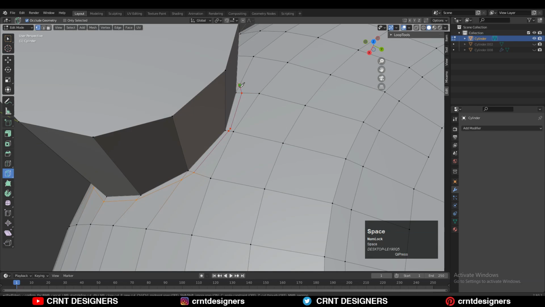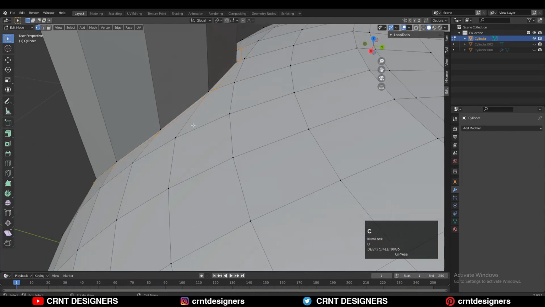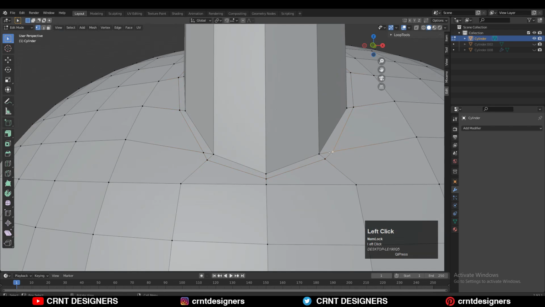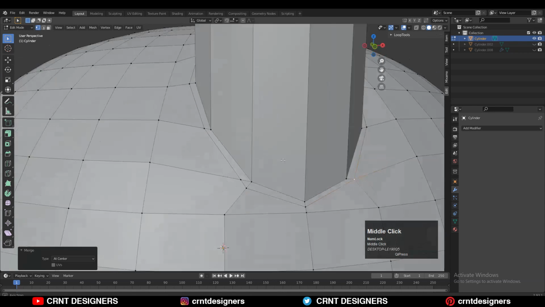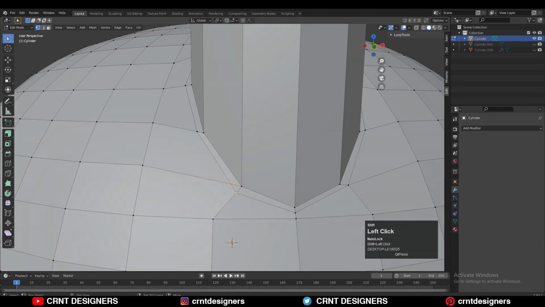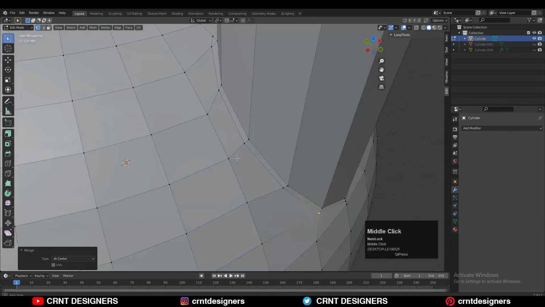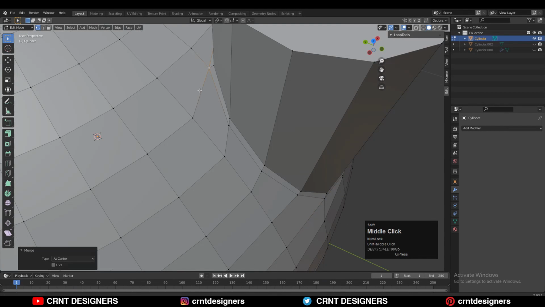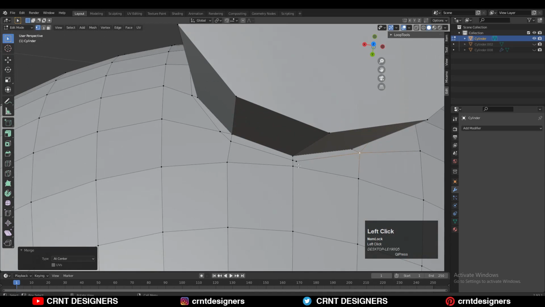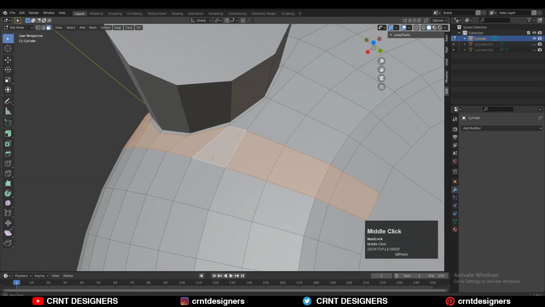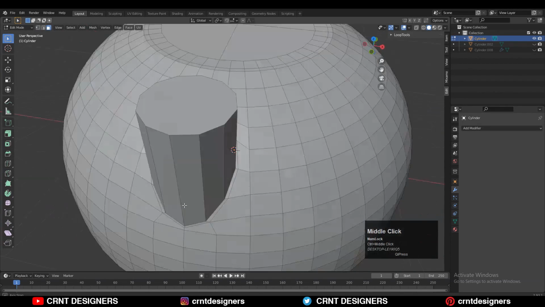So in this way you need to create the cut like this and then you need to select the vertices and merge them. Select the vertices and merge at the center, so press M for that. In this way you need to merge the vertices and create the quad based topology there. It's very simple. And now you can see that looks pretty good, decent.